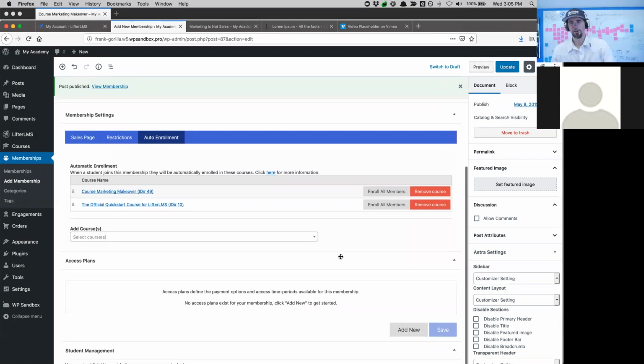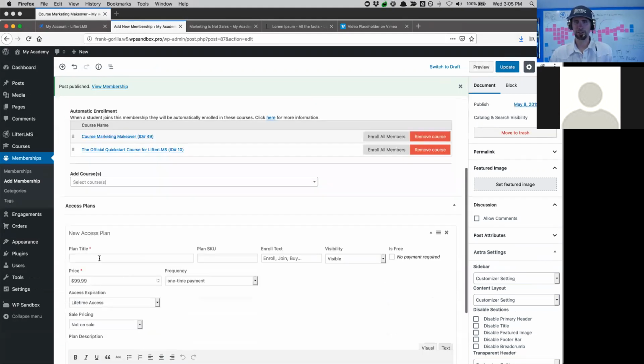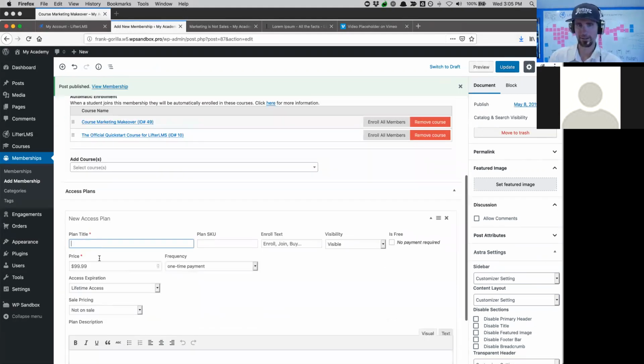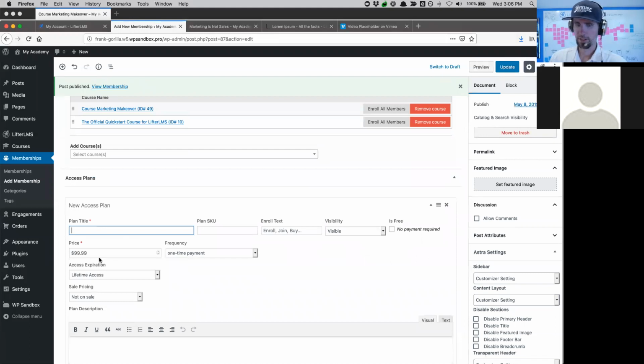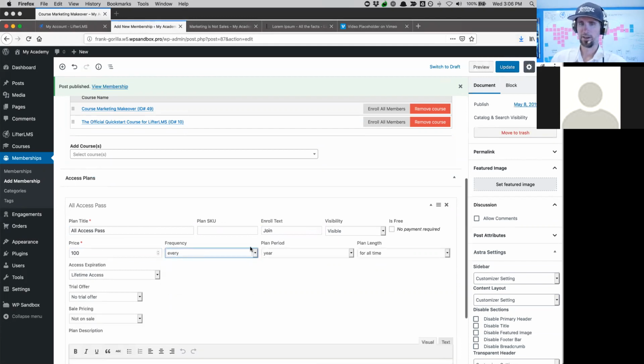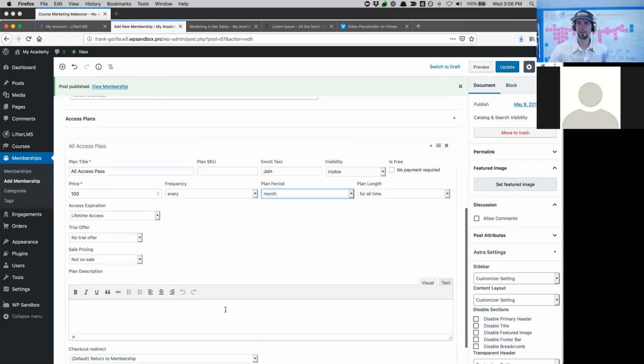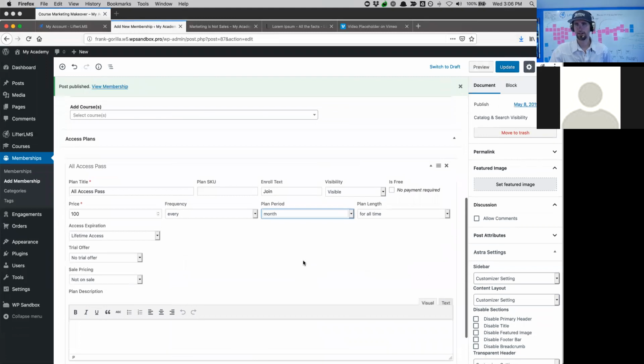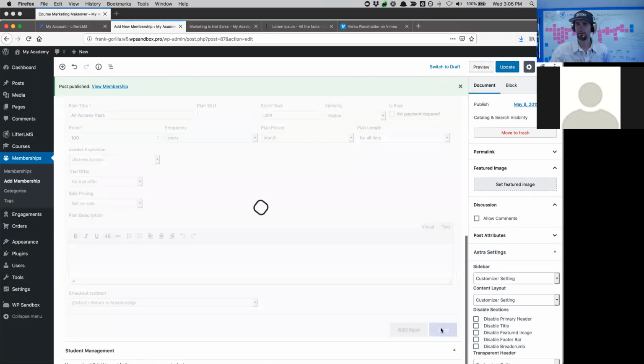And then the membership also has access plans. So you would want to add this. It's common for memberships to have a monthly access plan. So I'm just going to call it the All Access Pass. I'm going to have the button say join. I'm going to call this membership $100 every month forever. And you can add all kinds of benefits to that or whatever. But I'm going to click save,